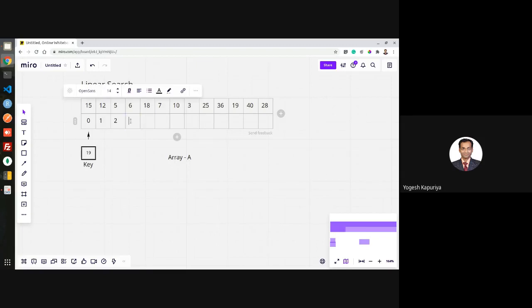So this is my index value. What I will be doing is simply start with the small index. If I'm writing a C program, you will start with the first position, that is 0. So we'll start with index 0 and compare that element with the key. So if you write the algorithm, how will it look?